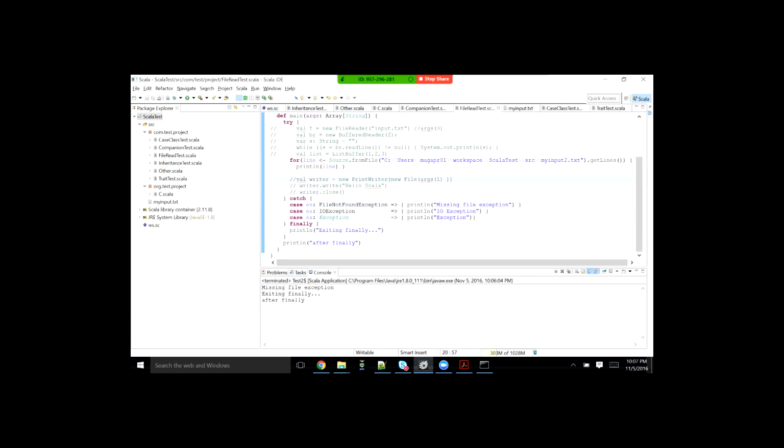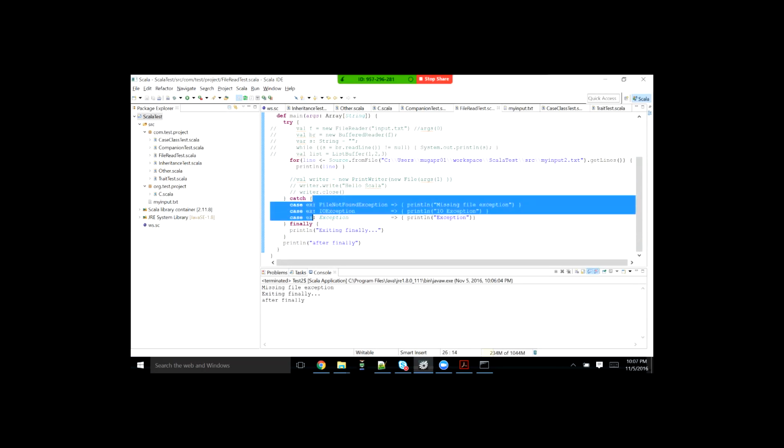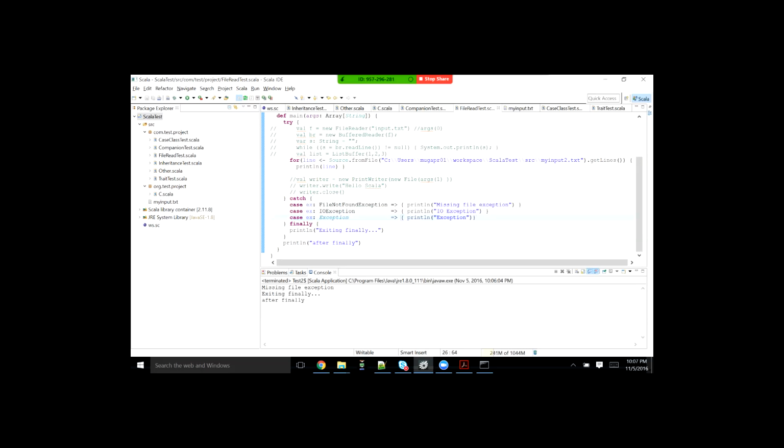So the functioning of try catch finally blocks is pretty much the same. The only difference is in Scala, within one catch block you can have multiple case statements, and you have to make sure that the more specific exception always comes at the top and the more generic exception always comes at the bottom. Because if I move this